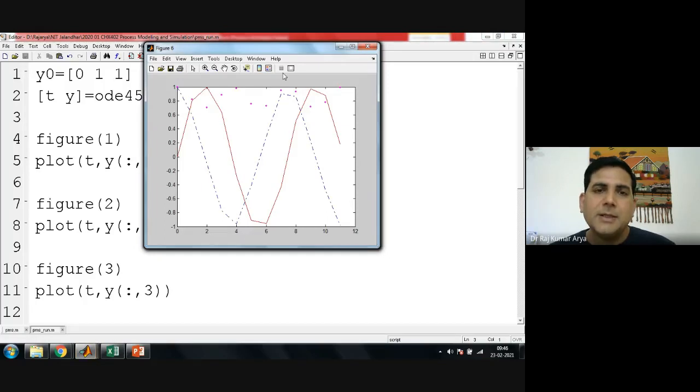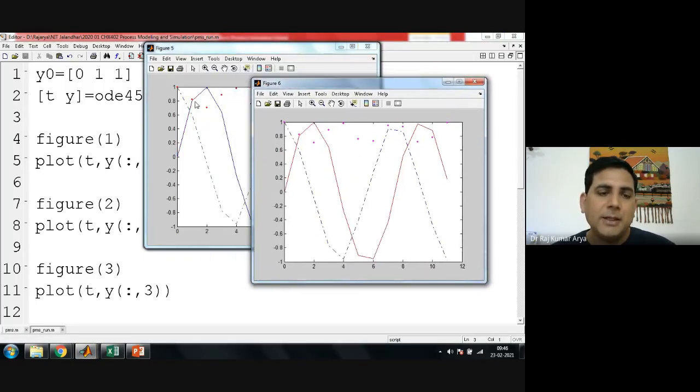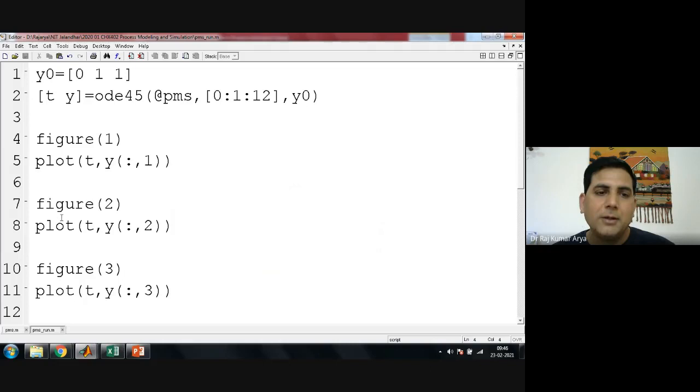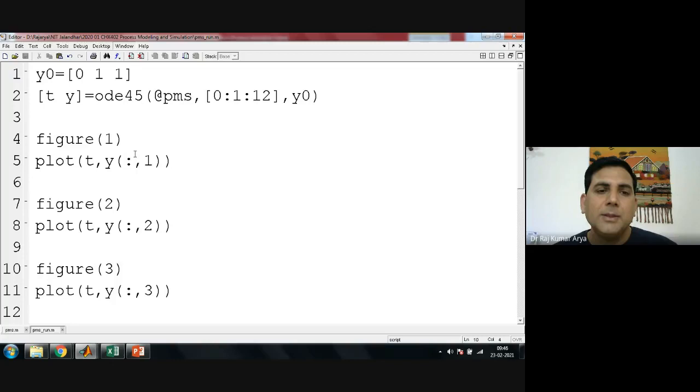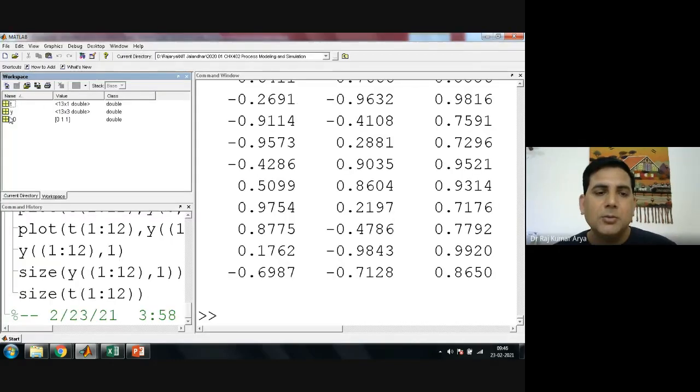So in this case, you got all the graphs which we have plotted: graph 1, graph 2, graph 3. So you run it here. I will explain these one by one. If you go to the window and click on workspace, you can actually read what you have solved. You have solved for t, you have solved for y, and there was a y naught. These were the only three things you have in your program, correct?